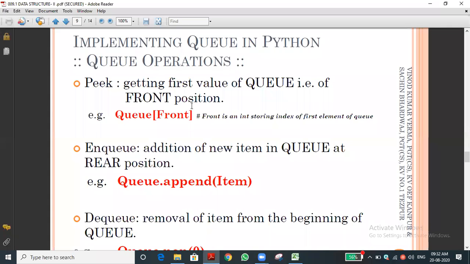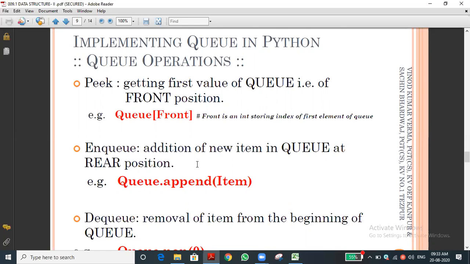Here it is the opposite of a stack. In a stack, the top is the last inserted element, but in a queue, peek is the first inserted element.